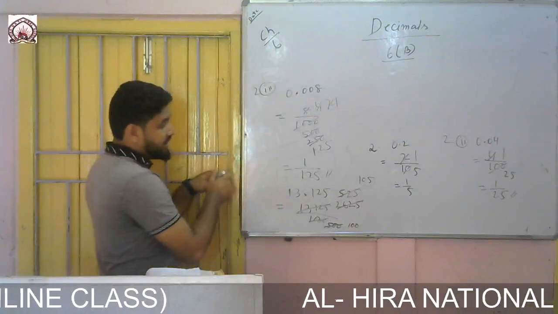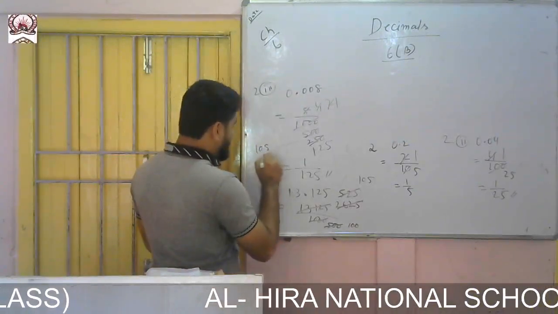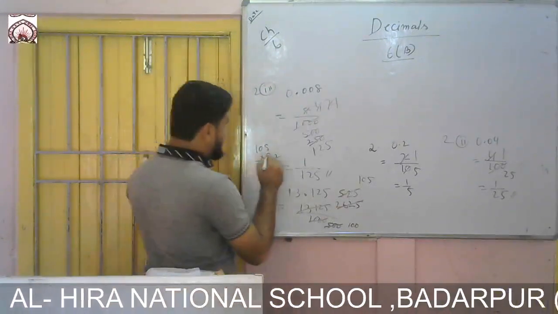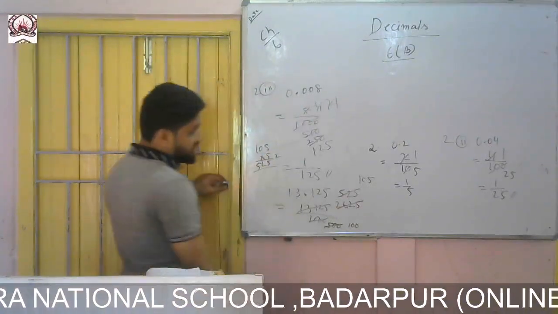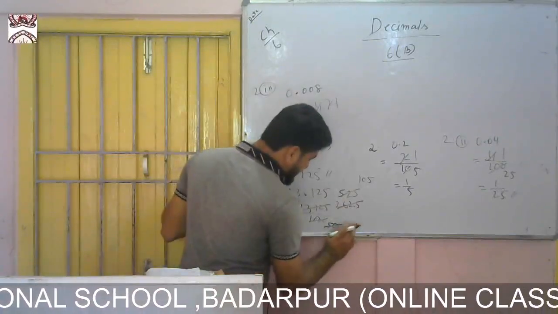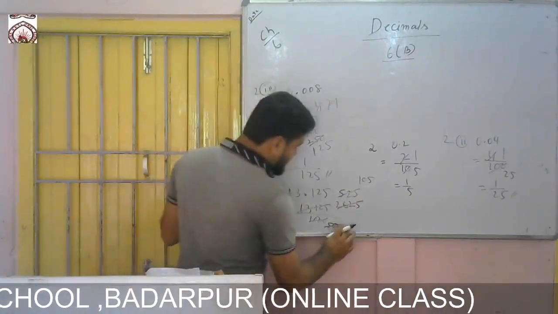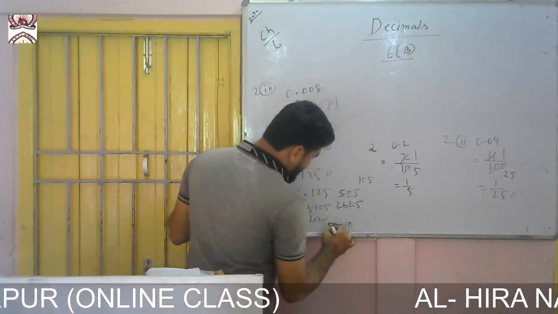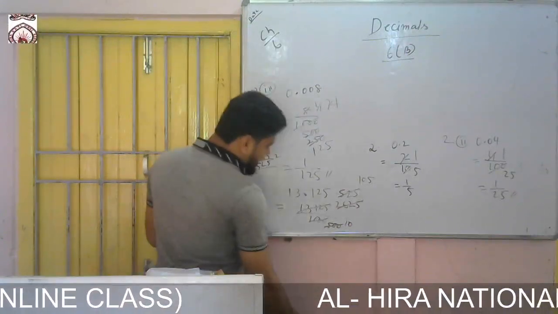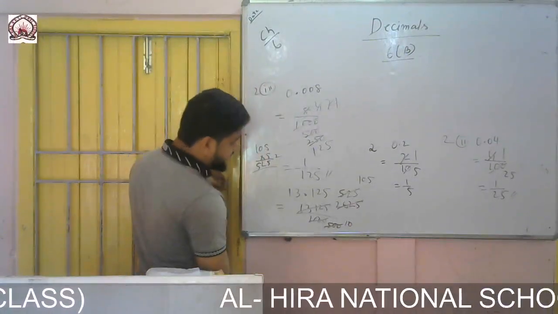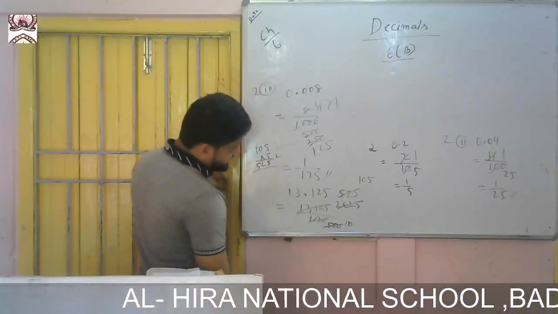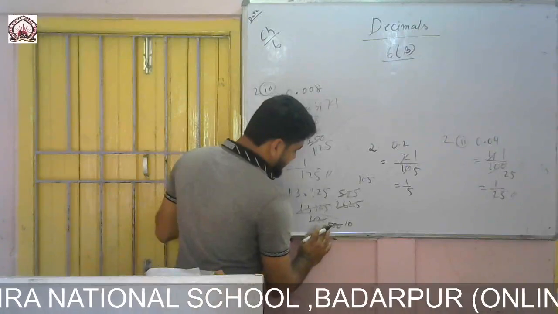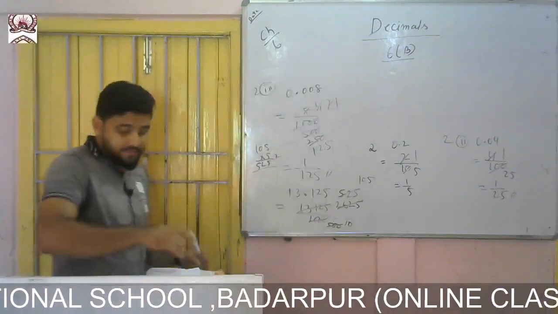So if you cancel this one, what? 105 into 5, how much comes? 5 5s are 25 and 2. 5 0 is 0, 2 5s are 5, 5 to 5. And this one if we cancel with 5, then what? Earlier this one, what? I have cancelled with 5. Wait, let me do this one again.